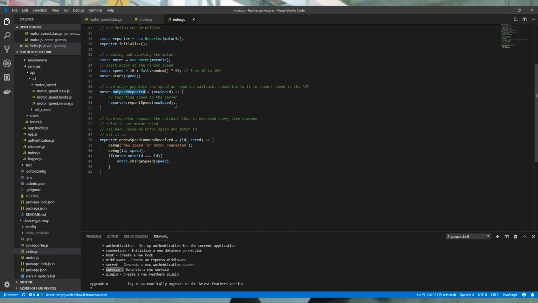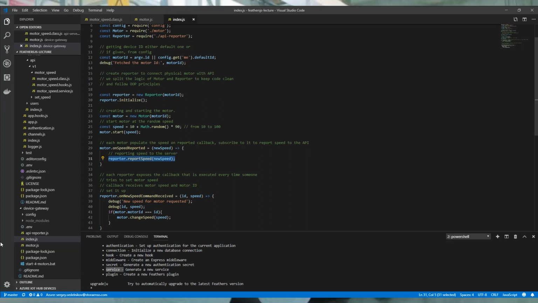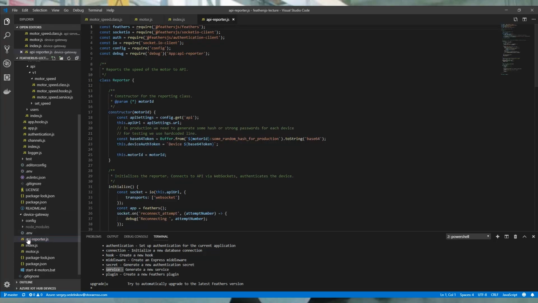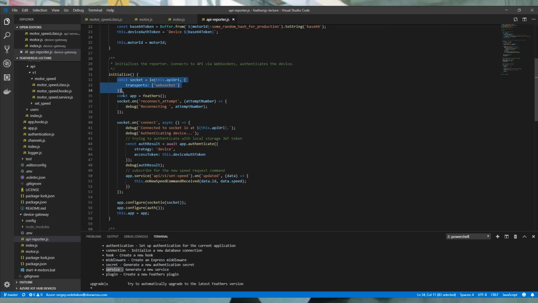it sends the data to the API, and I made a class called reporter, and this reporter is connected to the API and sends the data to the actual API. So it's kind of one of the object-oriented programming encapsulation. So I kind of close what is actually happening in the reporter from the developer point of view. But in the API reporter, when it calls the initialize method, when it starts, it connects to the API via Socket.io, and